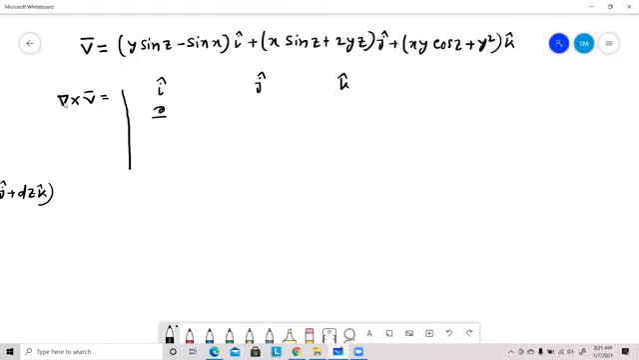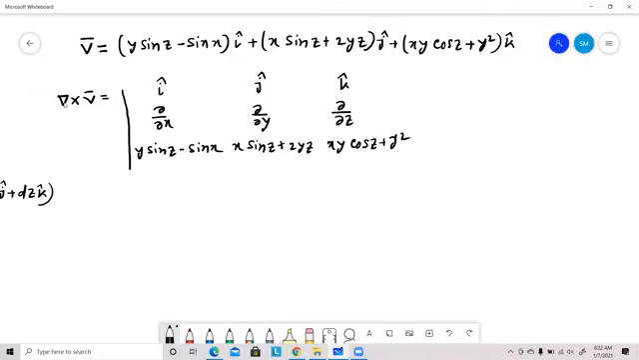del by del x, del by del y, del by del z, and it will be y sin z minus sin x, and the second term x sin z plus twice yz, then xy cos z plus y square. Now if we evaluate this determinant,